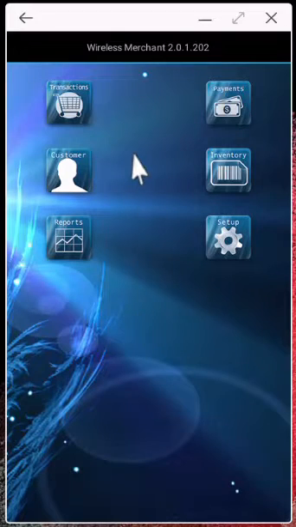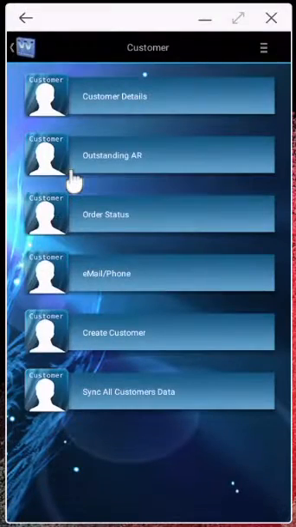Now, what other types of things do we have in Wireless Merchant that we haven't looked at? Well, we haven't looked at customers. So let's look at what the customer button actually does. When you click on it, and if you're allowed to view this detail, you can actually look at my customer